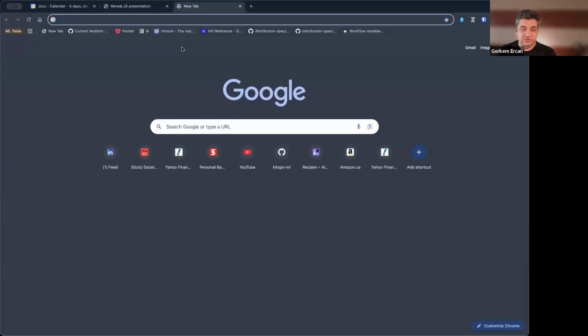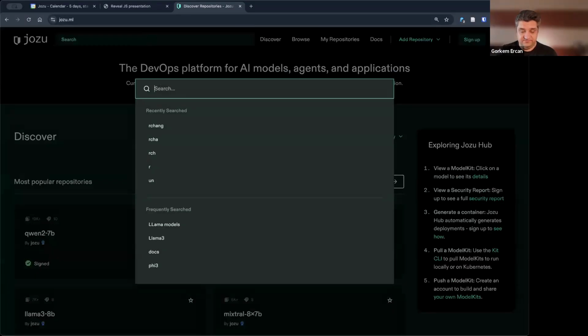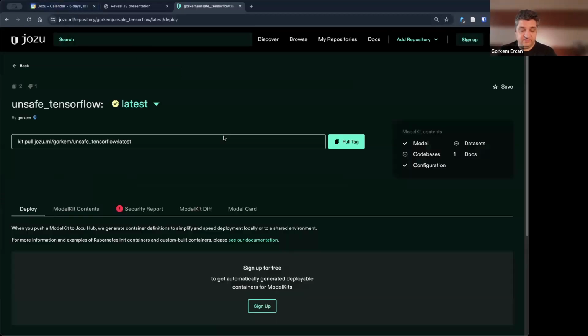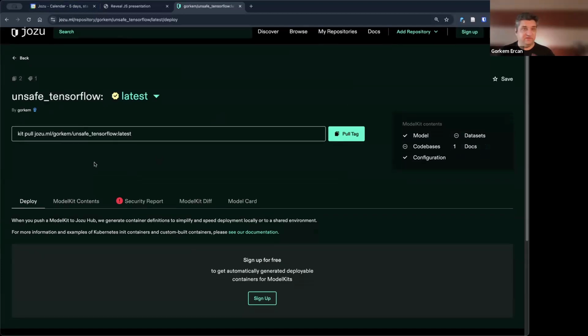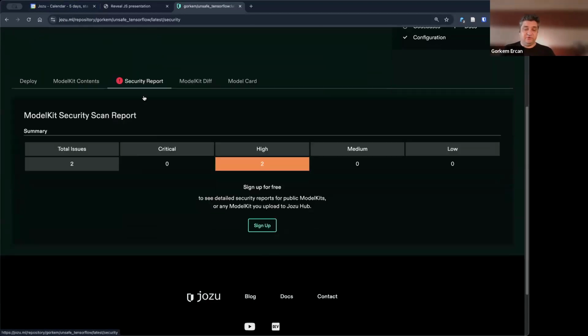One interesting thing I want to show on Jozu ML that we do is we have these demo models, and they are marked unsafe because they are not safe. So don't use them on prod if you don't want me to have your AWS secrets. There's a security report here. This tab is essentially rendered out of an attestation.